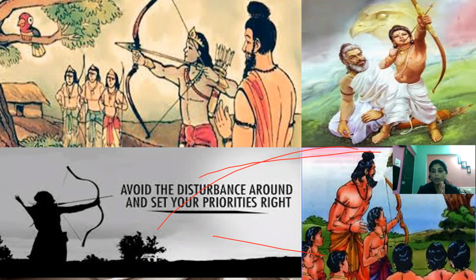Just imagine there is a boat without a radar, which shows the direction. If there is no radar within that boat, it will not go anywhere because it doesn't know where to go. So every journey should have a proper, well defined destination. We should know where I want to go in my life, how much time I will require to reach there, and what my milestones are, how I will come to know that I'm achieving or going in the correct direction or not. All these things you need to understand whenever you are setting your goal.